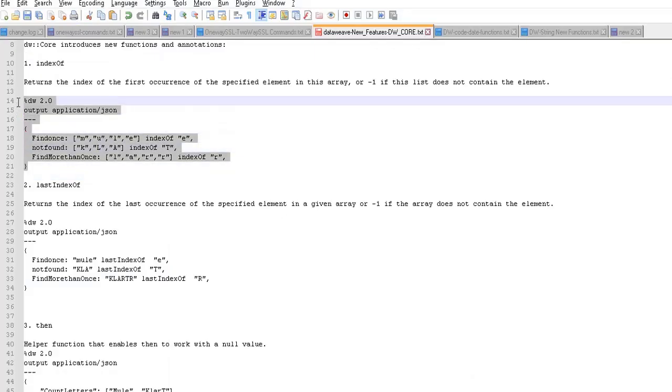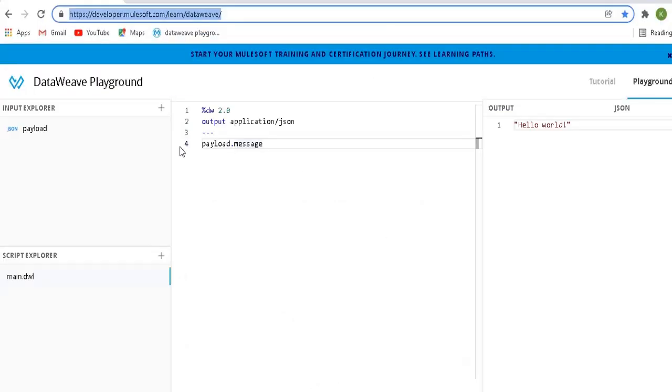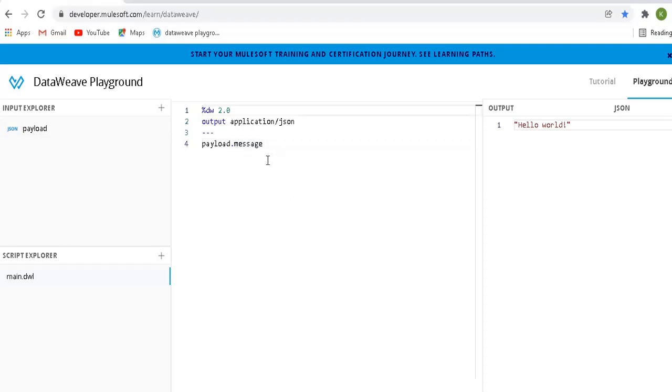I have created all the examples to save some time. I'll execute them and show you. I already introduced this DataWeave playground in our previous video, but if you are a new learner, I'll give you an overview of this tool. Here you provide your input sample, any sample payload you are going to use. This is the actual window where you write the DataWeave script, and this is the output, based on the script you have written and the input. Let's copy and paste that indexOf example and discuss how it will work.